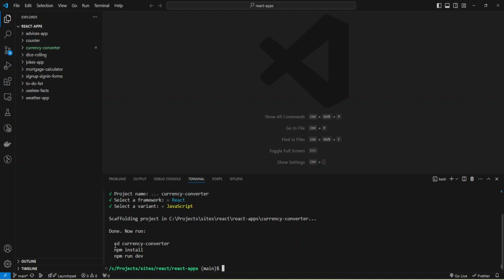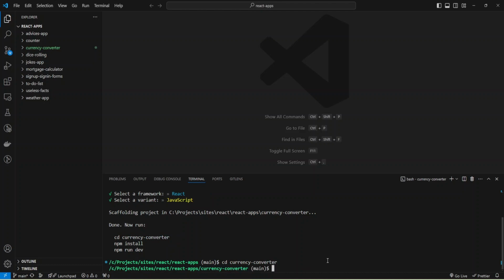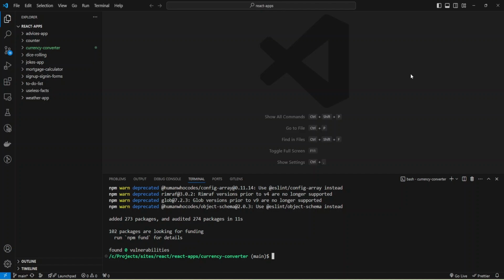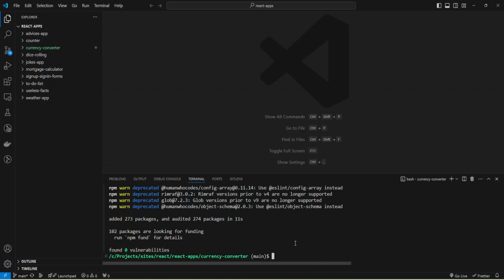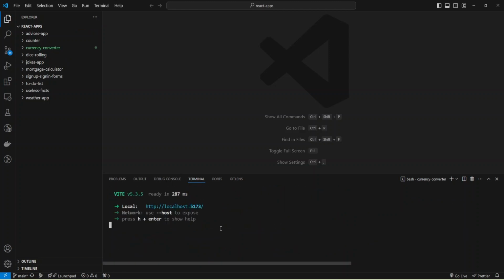Now I can navigate to my folder with command cd and install dependencies with command npm install. Okay, dependencies were installed, and now I can run my dev server with command npm run dev and open my